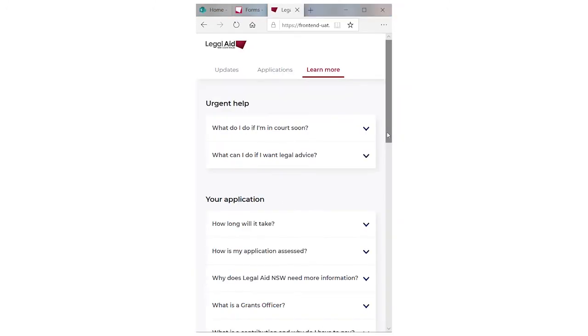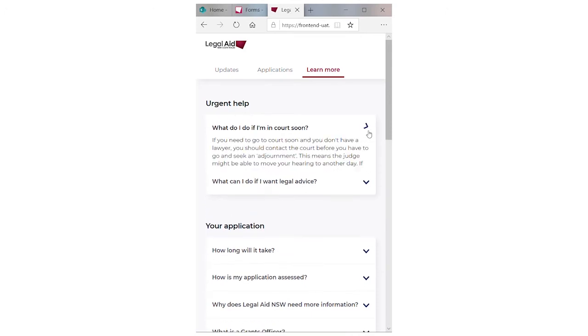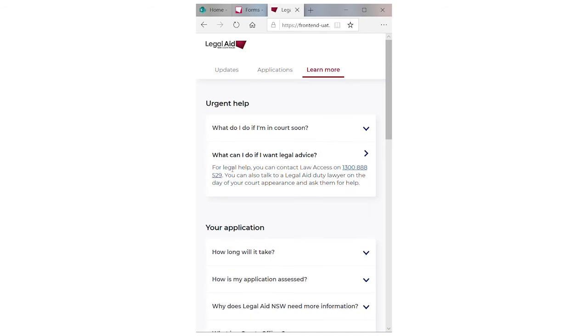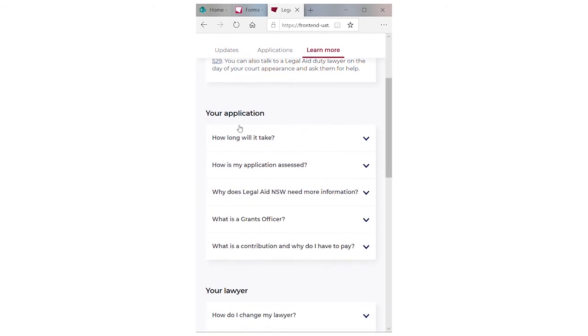The final section of the grants tracker has a series of questions and answers. It's divided up by themes, starting with urgent help. So what do you do if you're in court? What you can do if you want legal advice. It then has